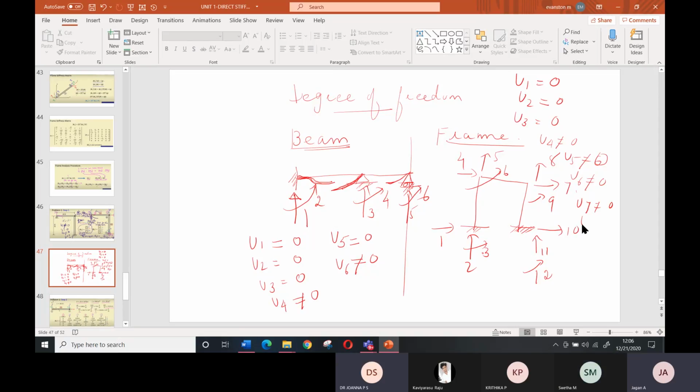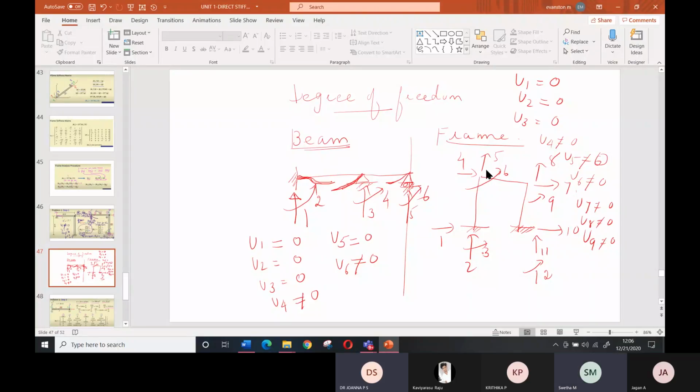U5 is vertical. Yeah, vertical also, it can come down a little bit. Truly speaking, it may come down by a little amount. We will do a problem and see how much it is getting compressed. Very minute amount only. Horizontally, it can move easily. The vertical stiffness will be more than the horizontal stiffness.